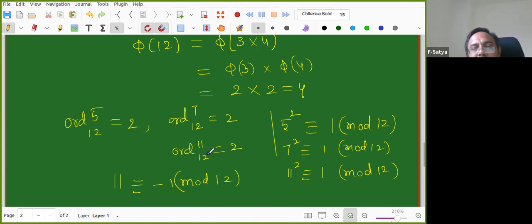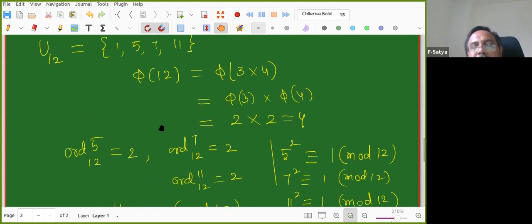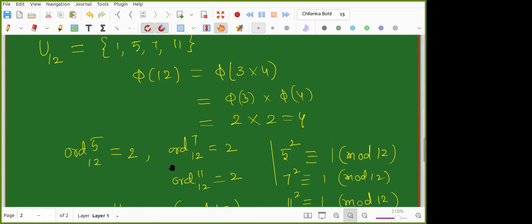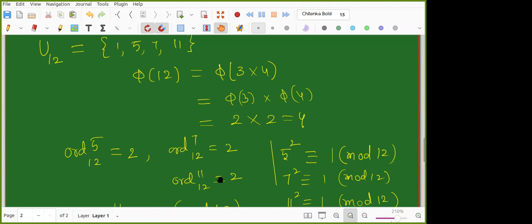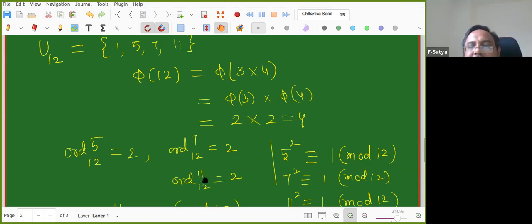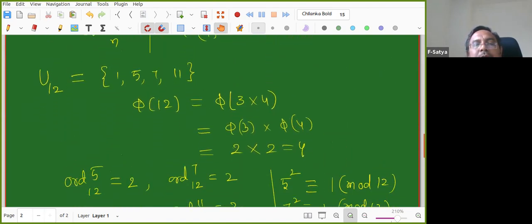Is there any other way by group theory? By group theory approach? Any one of you? So we can say that 11 has to have its own inverse, because otherwise there would be 5 elements. Very good, wonderful. See, if the order of 11 is not 2, it may be 3 or 4 or something. It cannot be 1. Then automatically its inverse also has that same order. So then I have 5 elements. Wonderfully told. So that way also one can prove. So this is a group.